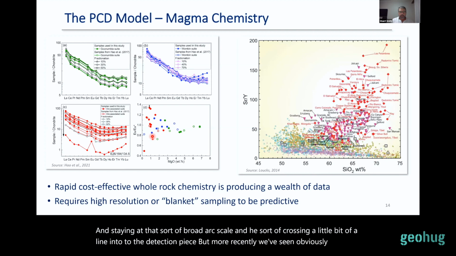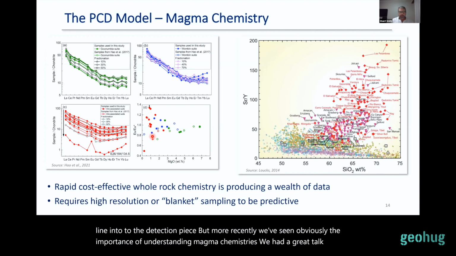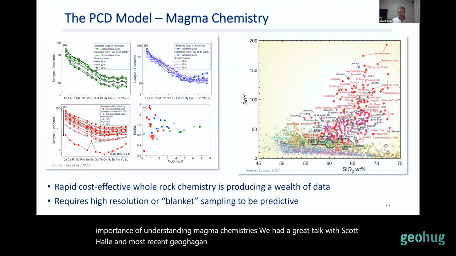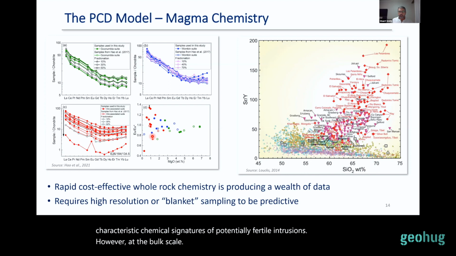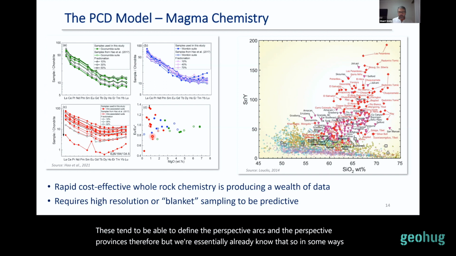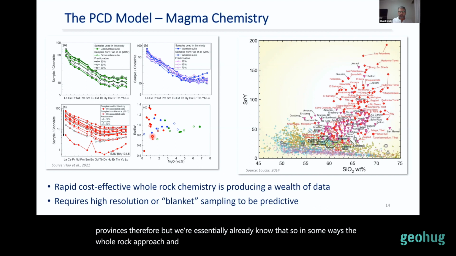We had a great talk with Scott Halley in most recent GeoHug around detailed aspects of this, and I'm not going to go into it here, but I think the work has shown that there are characteristic geochemical signatures of potentially fertile intrusions. However, at the bulk scale, these tend to be able to define the prospective arcs and the prospective provinces, therefore, but we essentially already know that. So in some ways, the whole rock approach and especially unless there's blanket sampling, tends to tell us what we already know. So I think we need to be getting down into far more detailed scales,